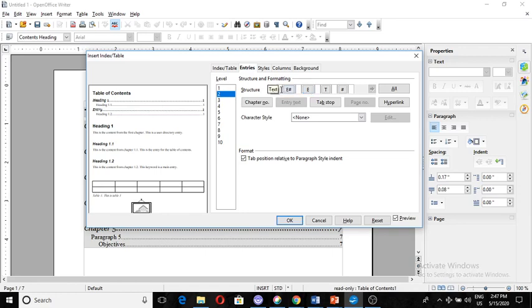I go before the chapter number, click there, and click on hyperlink. Now the tab for the hyperlink, ls, is added. I'll tell you the meaning of ls. First, I go to the text tab, click on the right side of the text tab, and press hyperlink again. Now another tab is added, that is le. So ls indicates the start of the hyperlink. The hyperlink will start from here, and le indicates that the hyperlink will end here.